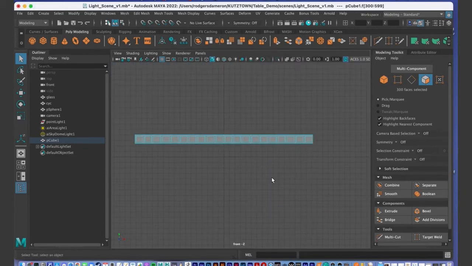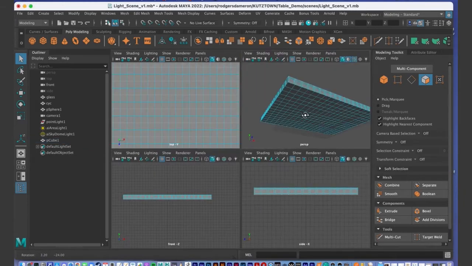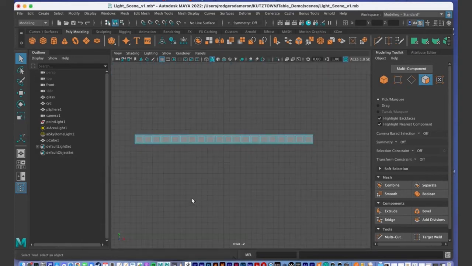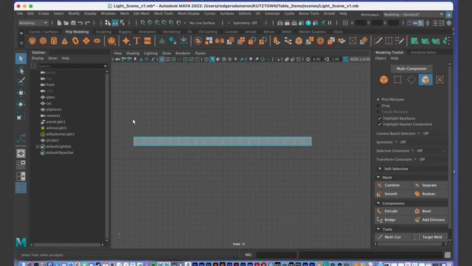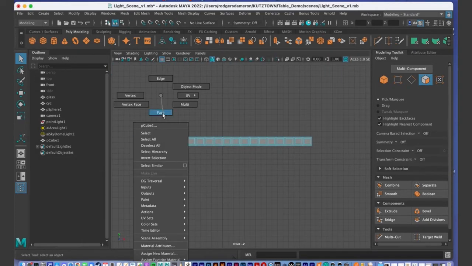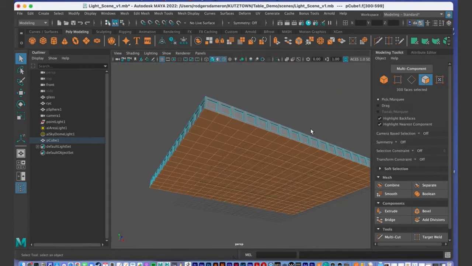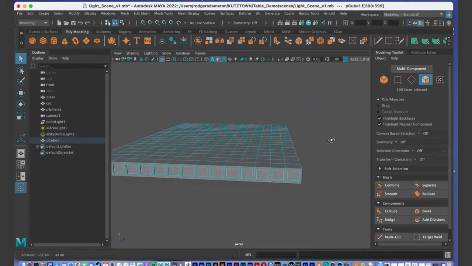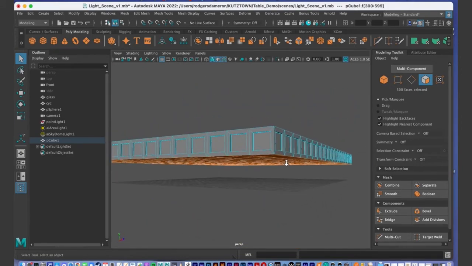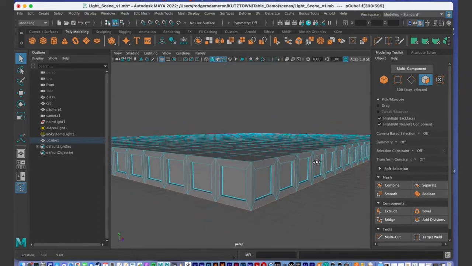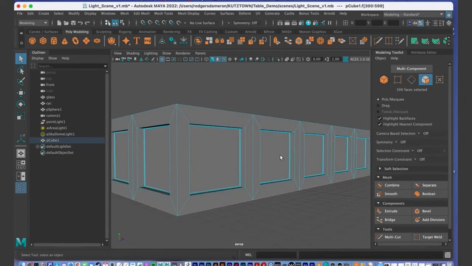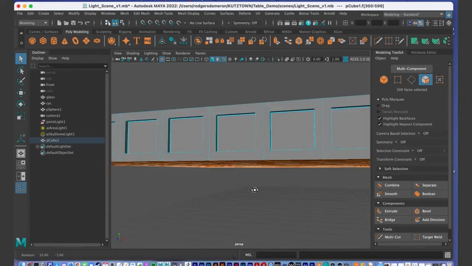So just to recap that way again, if I want to select all the bottom faces here, I just go to the orthographic front view or the side view, right click, go to faces, select them all, then hold down Control for deselect, and then drag down and deselect the top ones. And now you'll see that we have the bottom faces selected, but none of the top ones. And if you do that second technique I showed you, you just need to zoom in on this a little bit and make sure